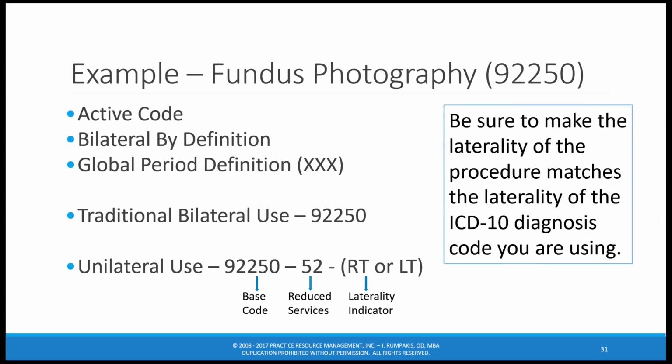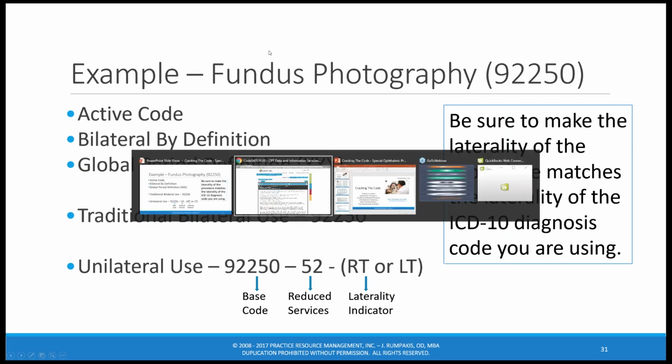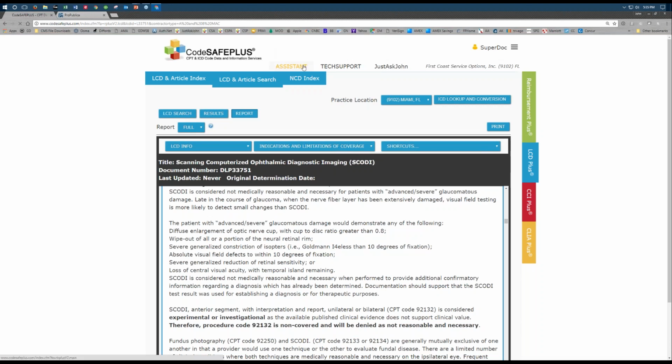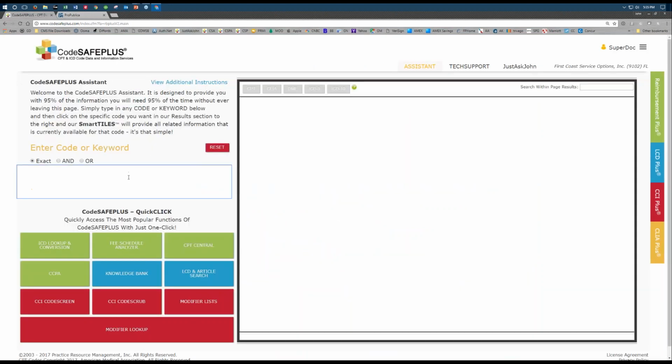So very important things to understand, right? And be sure to make sure that the laterality of the procedure matches the laterality of the ICD-10 diagnosis that you are using, right? So if I go here and I want to look up the ICD-10 code for choroidal nevus, right? I'm going to go,